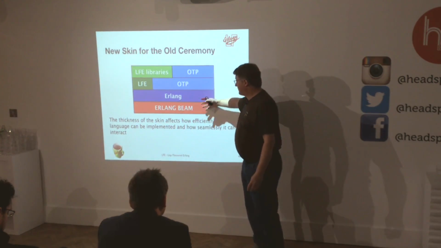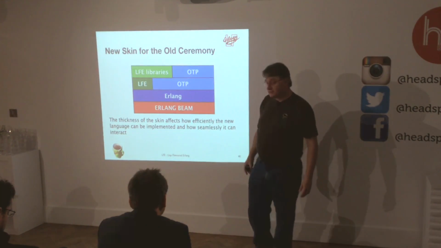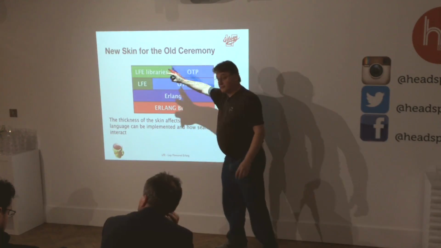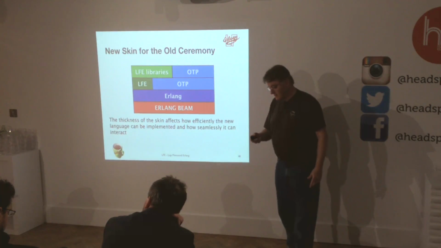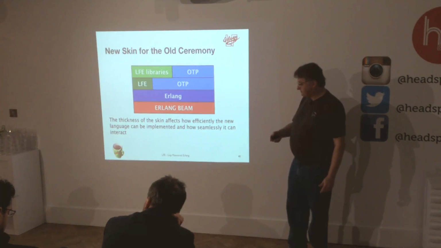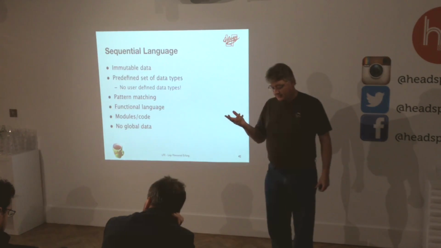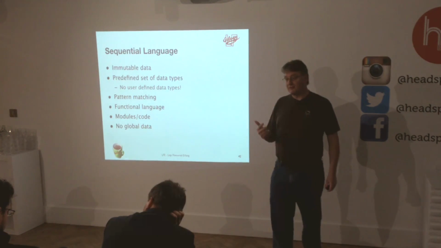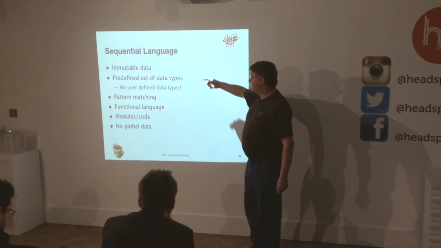So there's a very good reason to do it this way. And if you look at Elixir, for example, they do exactly the same thing. They take the whole OTP system, they put a skin on top of it. They have a different skin, but exactly the same idea. They're using everything that's there. So yeah, I didn't say much about the sequential language on top, the Erlang sequential language before, but it has a number of properties that affect any language you want to implement on top of it. So for example, it has immutable data.